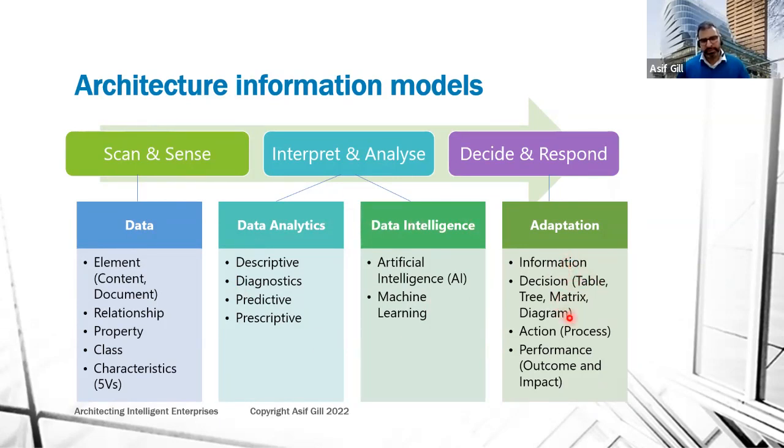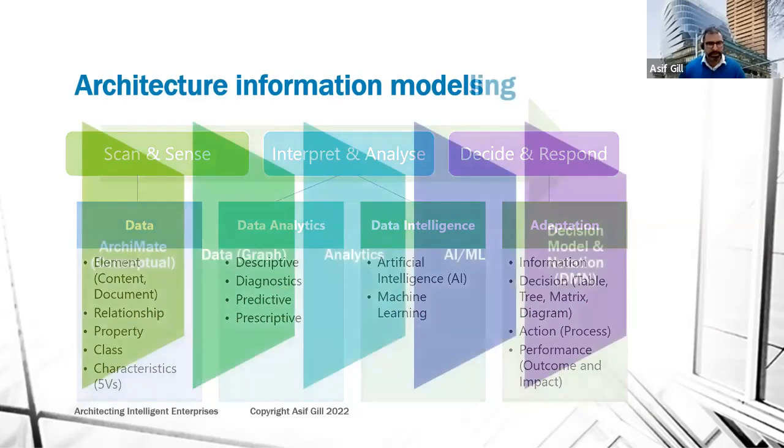and that information is fed into our decisions, which could be different models and actions, and the action is attached with the performance outcome we want to achieve. So action is always about what performance outcome we're going to achieve. It's not for the sake of doing things. Sometimes we do it for compliance purposes, but also the outcome is that we're being compliant and being safe and not being penalized or fined. So that's really the concept, that adaptation occurs based on the whole behind-the-scenes data analytics and intelligence pipeline of the architecture information.